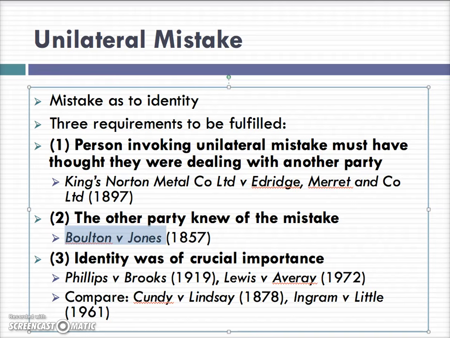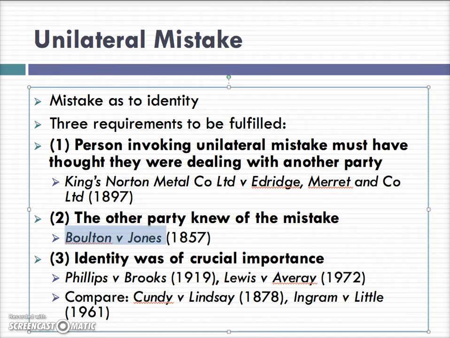A very similar scenario played out in Lewis and Avery, which was a case about the sale of a car. The owner of the car sold his car to a crook whom he believed to be a famous actor, and in fact, the crook was passing himself off as being this actor. It turned out, of course, that the crook took the car, sold it on to someone else, and then the original owner sought to recover the car. Again, the court held that this was not possible because, in fact, the original owner had dealt with the person in front of him. Now, whether he thought this was a famous actor or not was not of crucial importance.